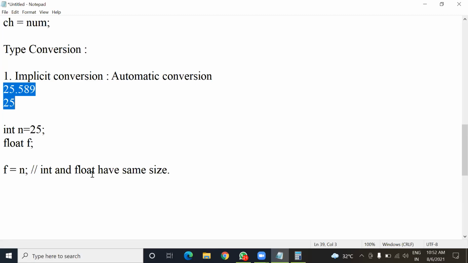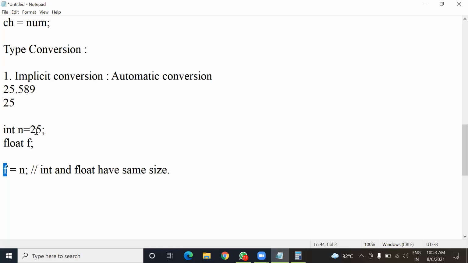So if you have an expression with two data types of the same size, then you have to think about precision, which data type supports more precise value. Here, float supports more precise value than int. So this int type will be converted into float type.